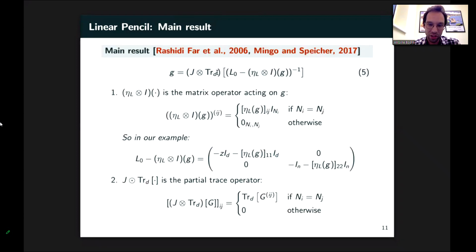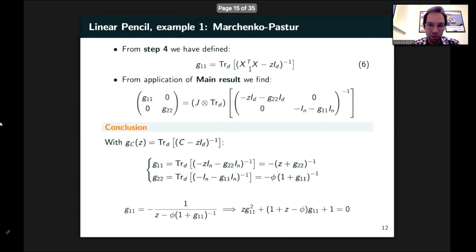And then there is the second operator, some sort of partial trace operator, that is just a trace applied in the specific block locations where you have square blocks. So all in all, if you take back the whole expression that we've talked about, you have J11, J22, you apply J tensor trace of D. You have this expression that we have seen earlier, and if you develop everything, you identify the terms on the left-hand side and the terms on the right-hand side.